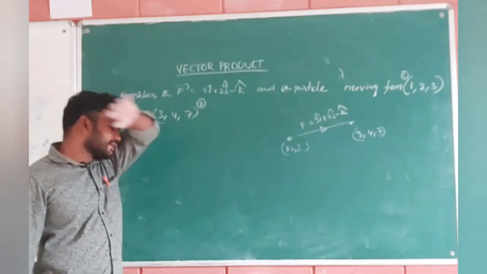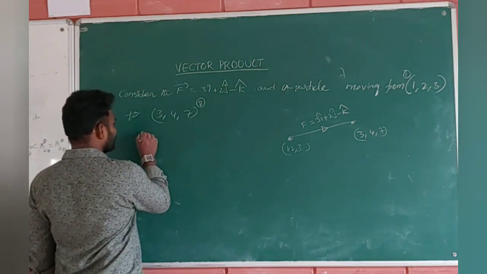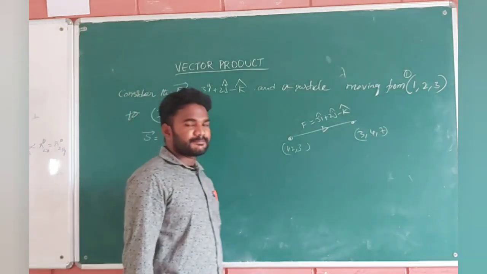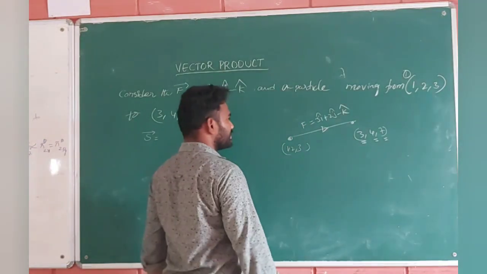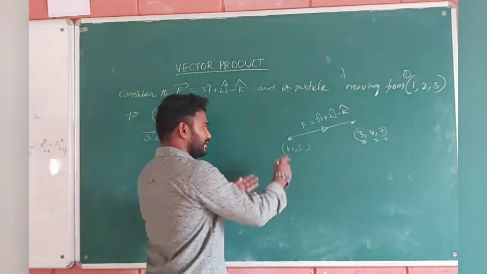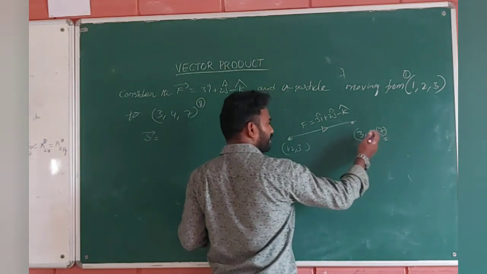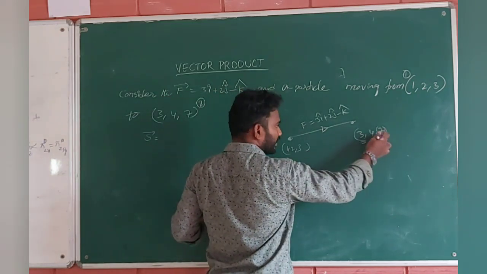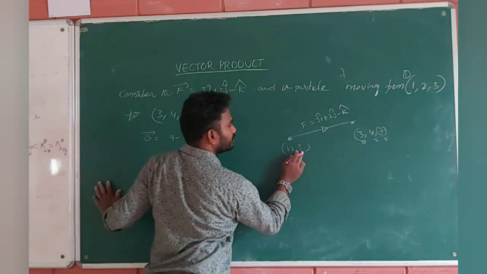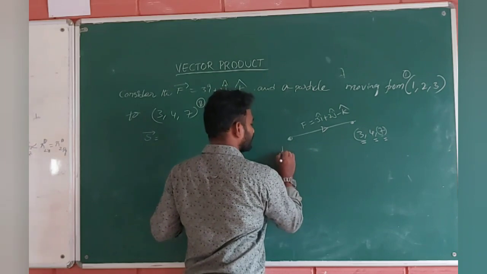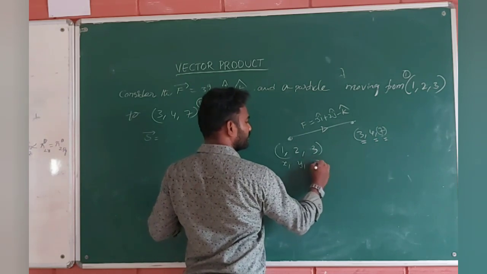Okay guys, now what they are asking is to find the work done. How to get the work done here? Very simple. First of all, you should find the displacement, guys. How to find the displacement? This is the I component, this is the J component, this is the K component. Displacement means from here to here, the position is changing. Yes or no? Final point minus initial point. Guys, listen here, final point minus initial point. You can write 1, 2, 3 clearly as x1, y1, z1.